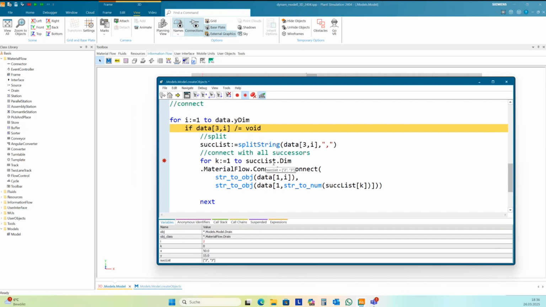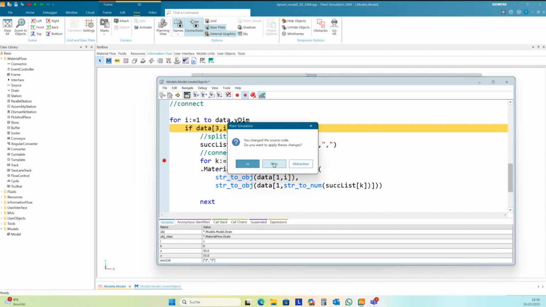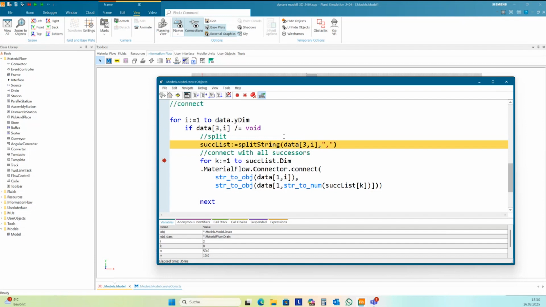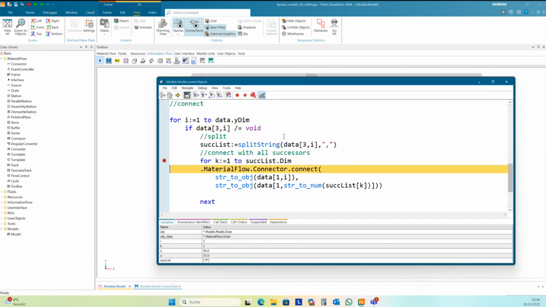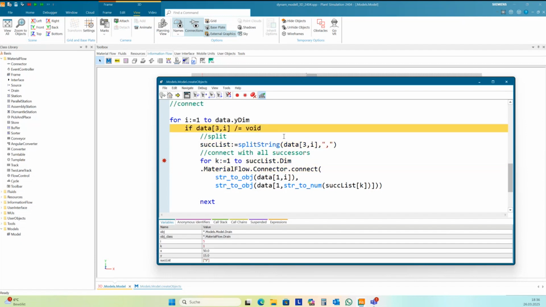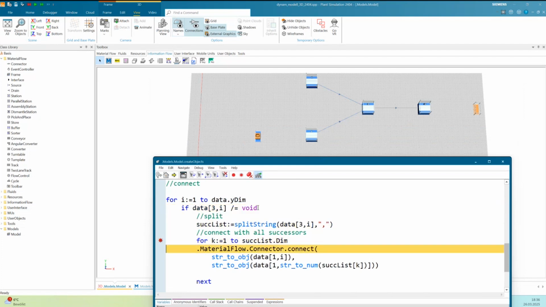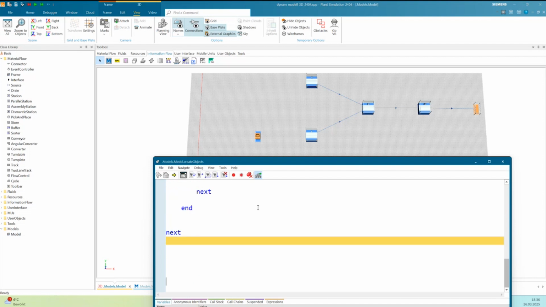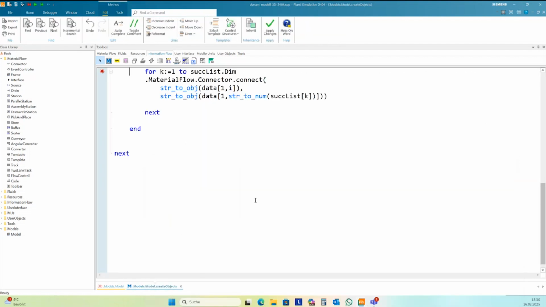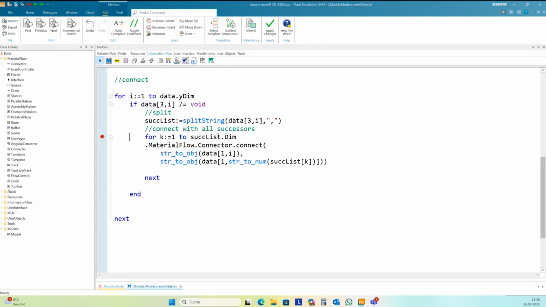It's an array, not a table. Yeah. And now it connects. My objects. Okay. Here, this is dim, not ydim. Sorry, but it's live.